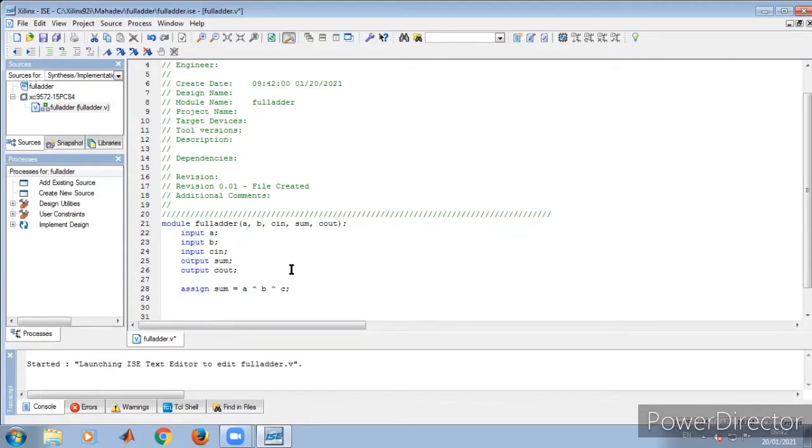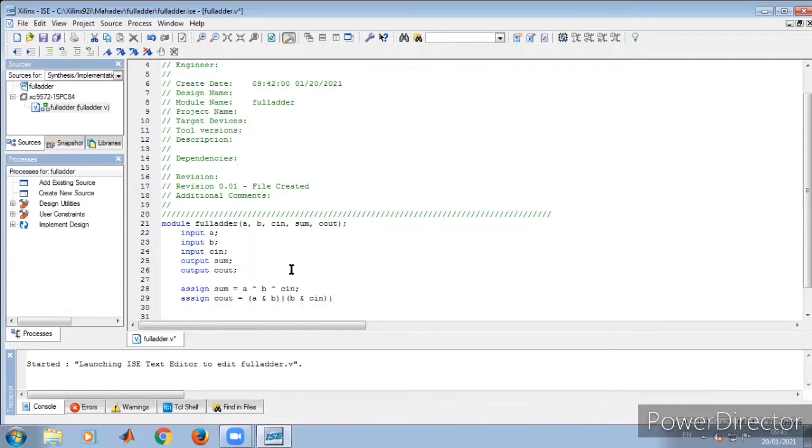Then for the carry, assign Cout is equal to A ANDed with B, OR with B ANDed with C. Sorry, not C, Cin. So here we have to use it as Cin because of the keywords.